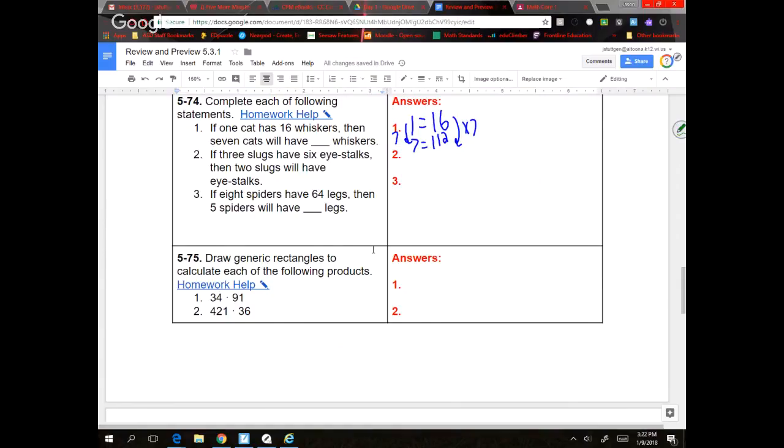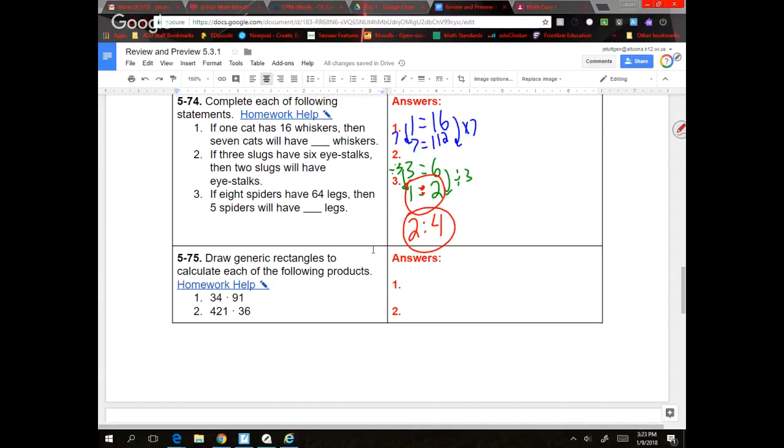Number 2, 3 slugs equals 6 eyes. And I want to find out what 2 slugs equals. So before I figure out 2, I'm going to figure out what 1 slug equals. And I know if I do this, I have to divide by 3. So I'm going to do the same to this side, divide by 3, and I get 2. Remember this right here, 1 to 2 is a unit rate because we're comparing something to 1. In this case, we're comparing it to 1 slug. So 2 slugs then would obviously have to have 4